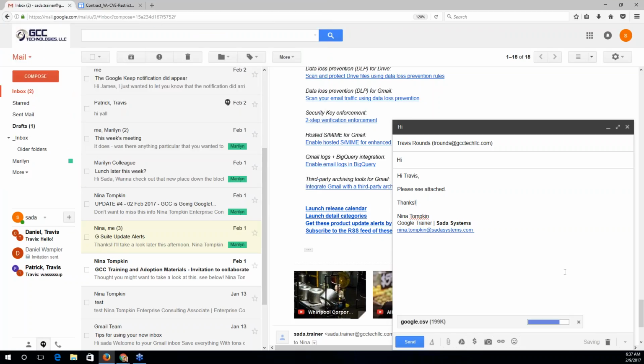I'll hit Open, and now you can see that Google's loading it as a hard copy attachment at the bottom of my window, along with an indication of how much space it's taking up. Now Google does have a 25 megabyte limit to each email. So note that if you include attachments that exceed that limit, you'll have to split up your emails and attachments.